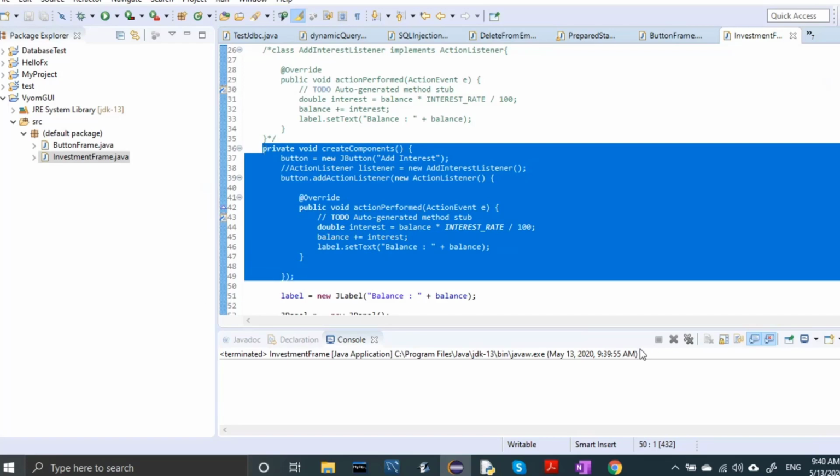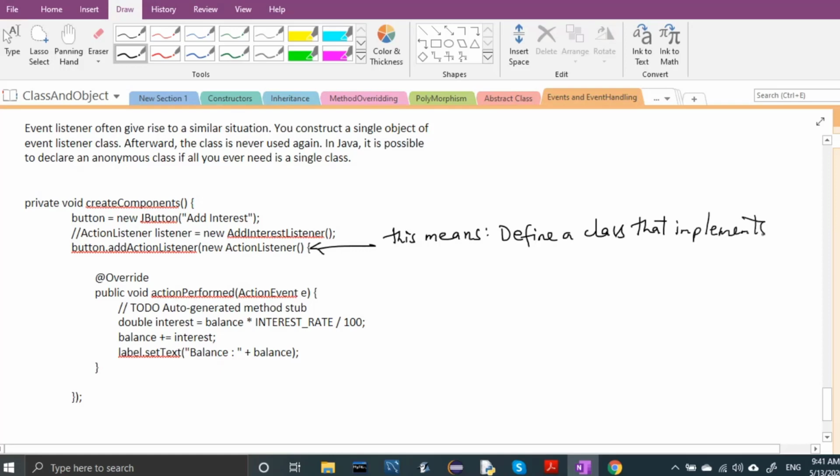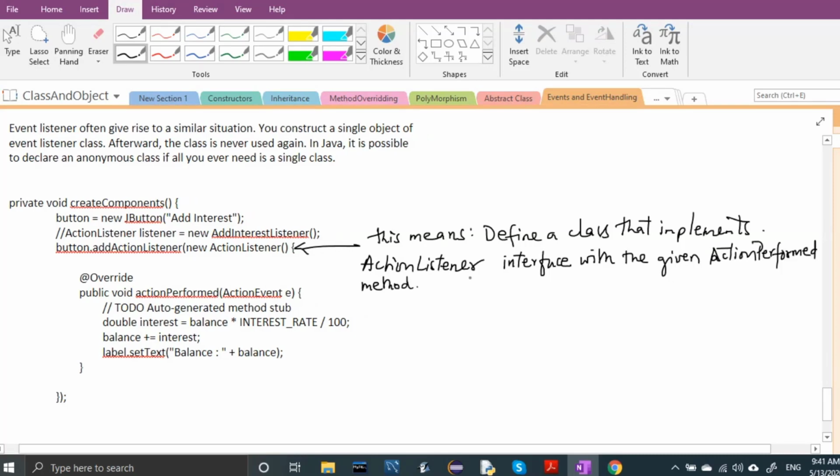So this means define a class that implements ActionListener, that is, define the ActionListener interface with the given actionPerformed method.